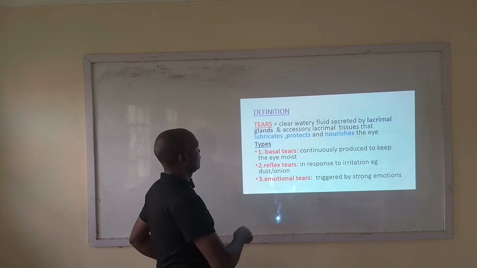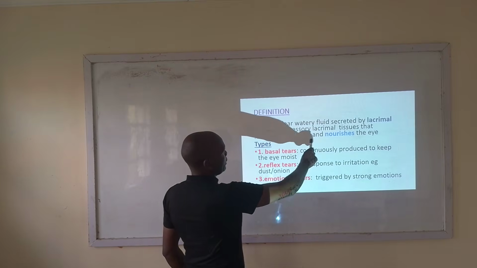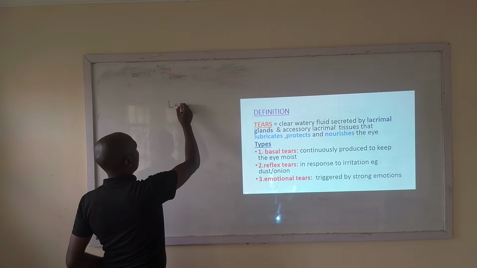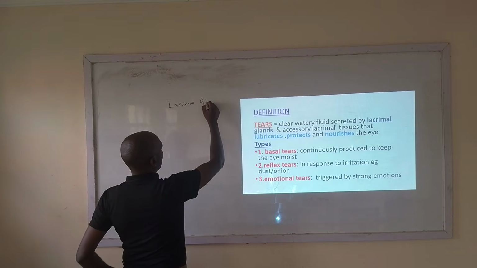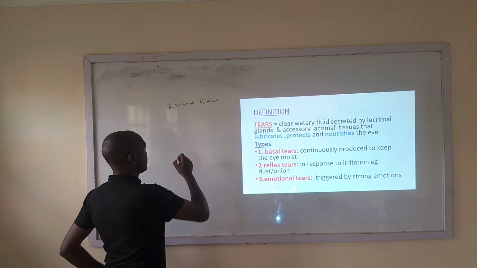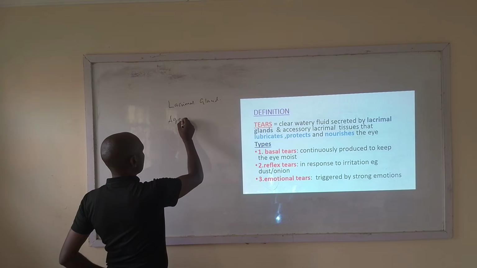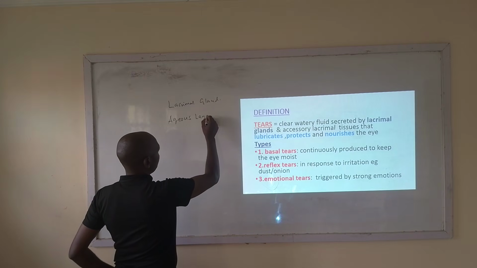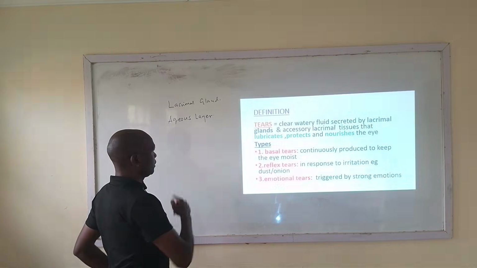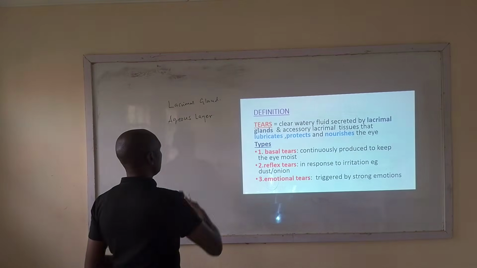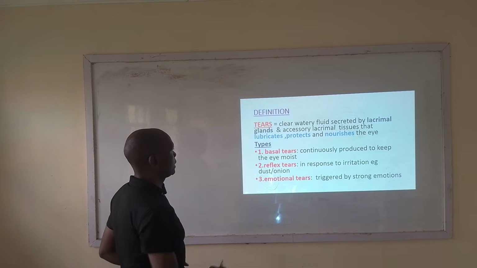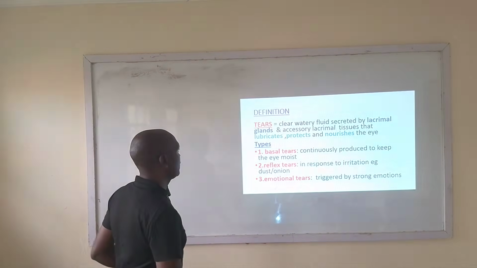So there is this gland here, the lacrimal gland, which produces a layer of tears which we call aqueous layer. It's important to know, even before we get there, that tears itself, this clear watery fluid, has three layers,